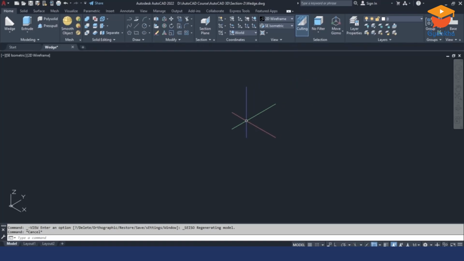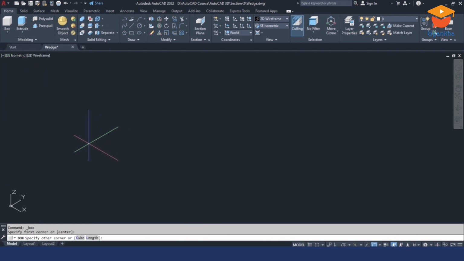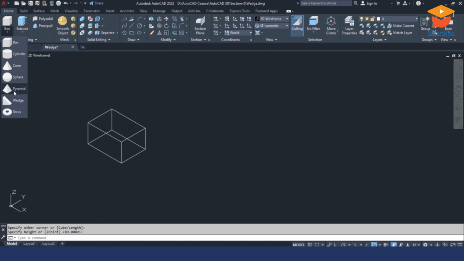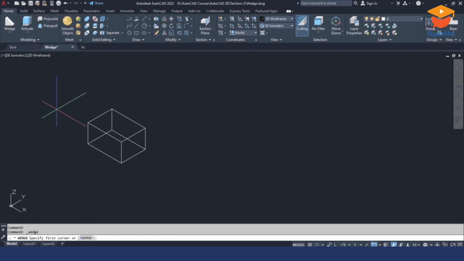Solid primitives: Wedge. Before creating a wedge, I just make a box for reference, but to create a wedge you don't need this box. I just made this box for better explanation. I go to wedge and click the first point and the next point